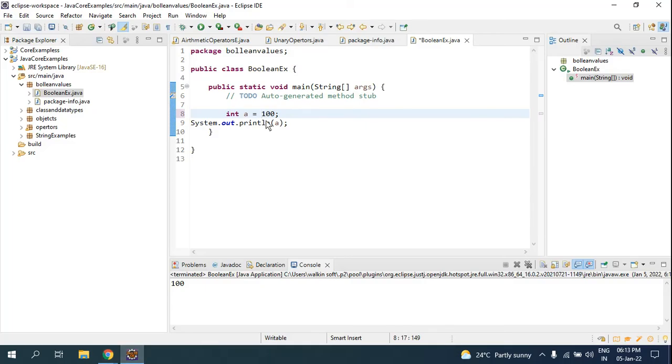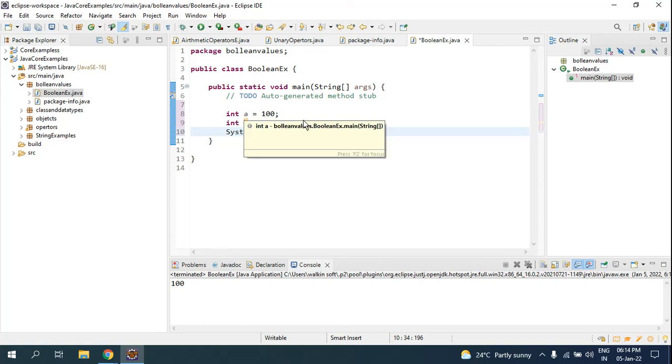When you use comparison operators, which I mentioned yesterday, the result is a boolean value. Suppose I have int a as 100 and int b equals 200. Now I'll ask a question: is a equals to b? What will the output be, what will it print? As I told before, if you write a sentence inside double quotes, which is treated as a string, it gives the same value, like hello world. And if I assign a number to a variable and print that variable, it gives the value assigned.